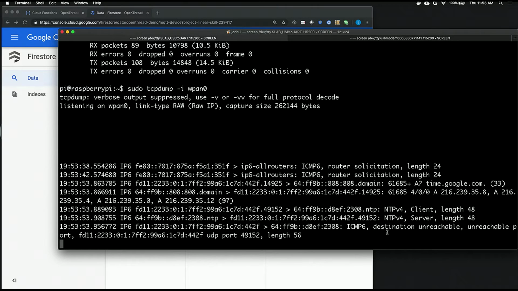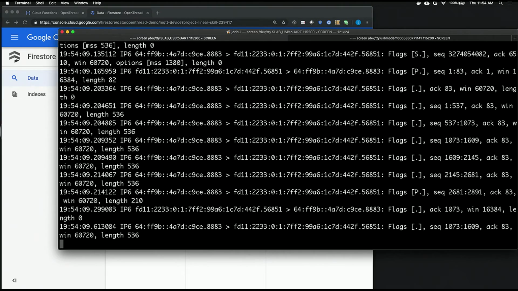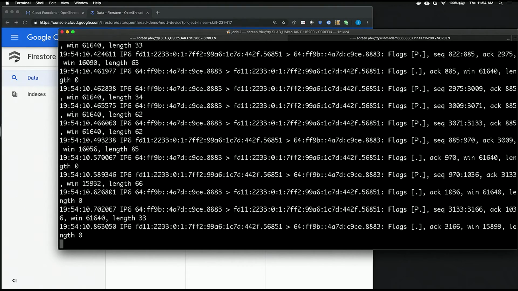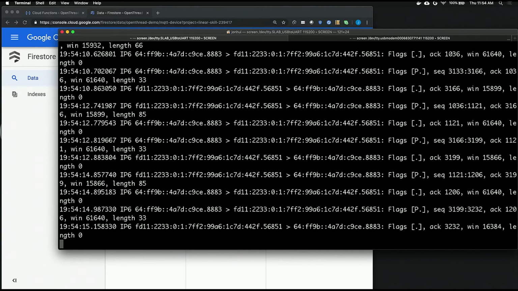Go back over to the TCP dump. The first thing you'll see is an NTP request response. That's the device itself synchronizing with global time. And then after some amount of time, you'll start to see TCP traffic. That TCP traffic is the MQTT session itself. Of course, we can't see the payload because it's within a TLS encrypted session.